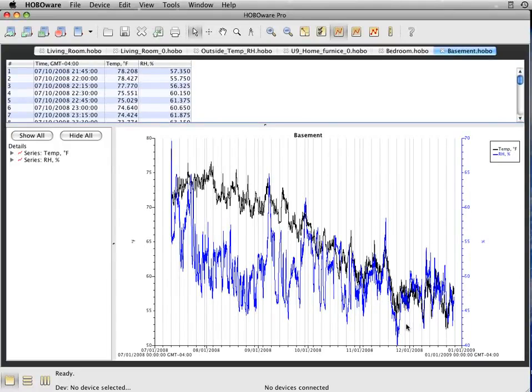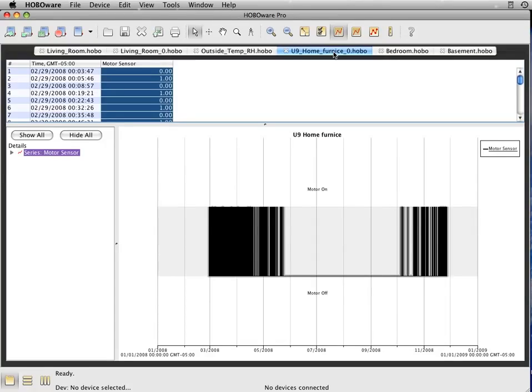Okay, we're going to take a quick look at how to combine data from loggers such as U12 that record temperature and humidity on an interval type basis. Right here we're recording every 15 minutes versus how to combine a motor on off logger, the U9. In this case we're recording the runtime of my furnace, and as you can see here the logger